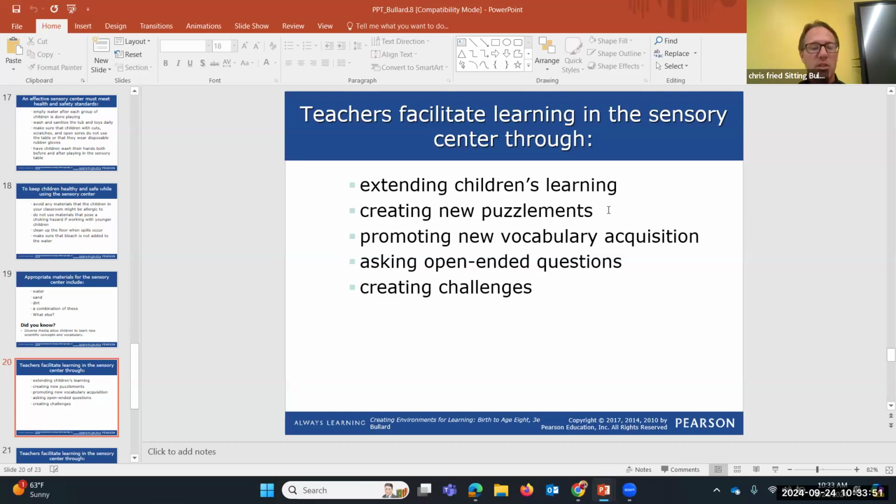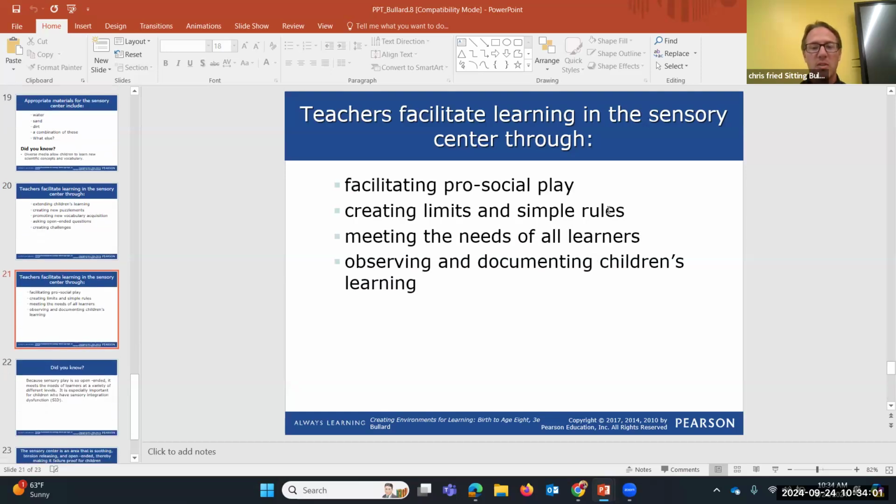Ask open-ended questions to get them thinking, to come up with answers. Create challenges, facilitate pro-social play, and create limits and simple rules, right? It's important to have some expectations and rules at the center because young kids will get excited. They might go a little bit overboard. We have to make sure we keep that safe for everyone.